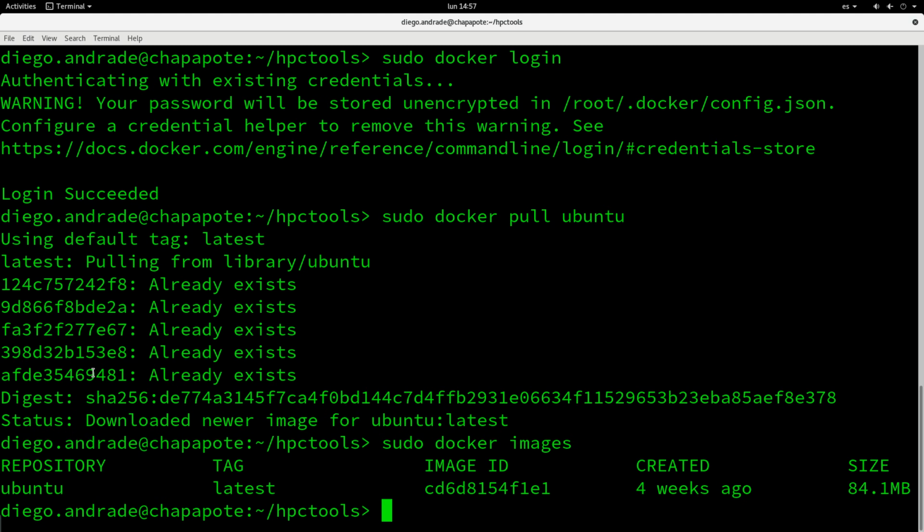For instance, it requires Fortran, it requires MPI, and what we want to do is to create an image that